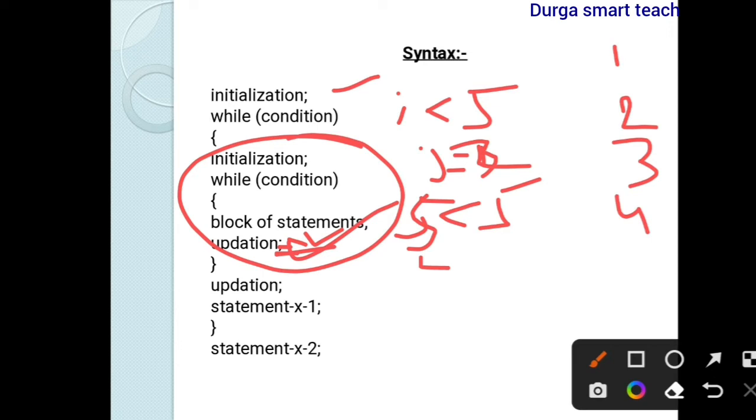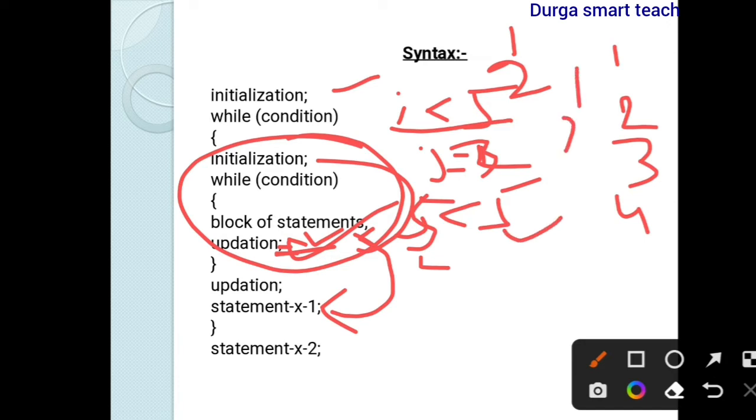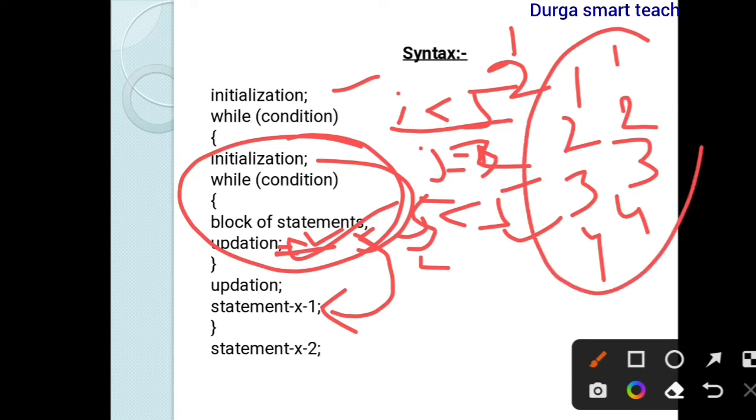That's why it goes to this part. Now the i value is incremented. So the i value 1 is incremented to 2. So 2 less than 5 is true. Again it goes to this part. Again the j value is 1. Next, 1 less than 5 is true. Again 1 2 3 4. So this set of statements executes